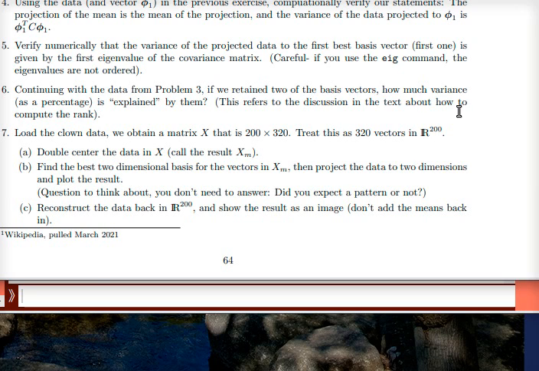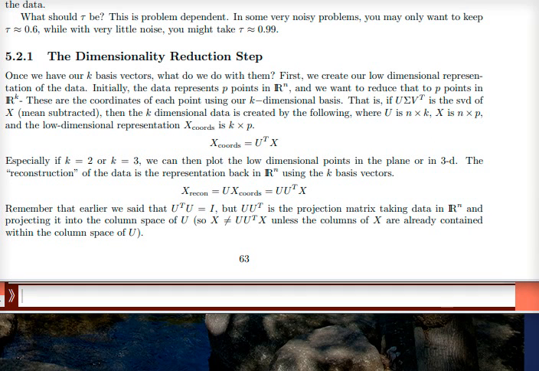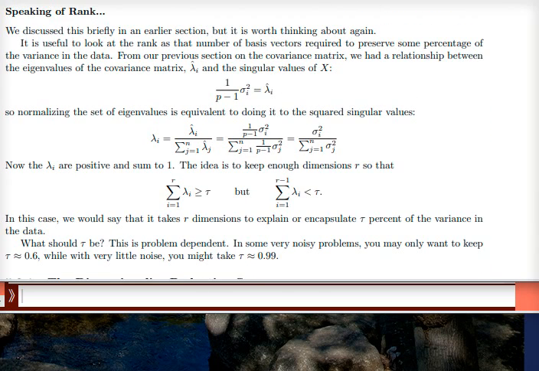This refers to the discussion in the text about how to compute the rank. So let me pause this for a second and find that section in the text. Okay, I found the material here on page 63. If we scroll up, see that. Speaking of rank,